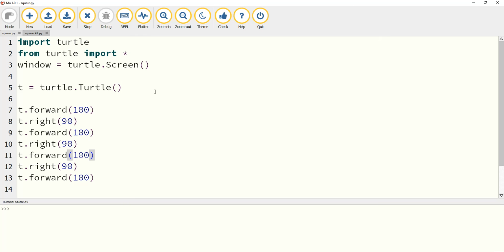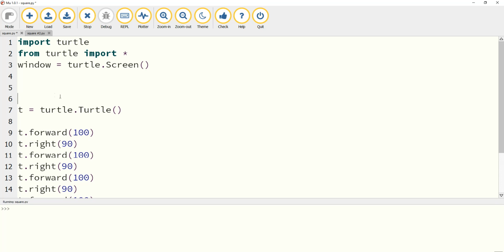Perfect. So all I'm going to do is create a variable inside Python that I'm going to use to store the length of the side that I want the square to have. You don't have to put the spaces in here, by the way, it's just to make the line easier to see for you. I'm going to call this side equals 100, and then what I'm going to do is change that